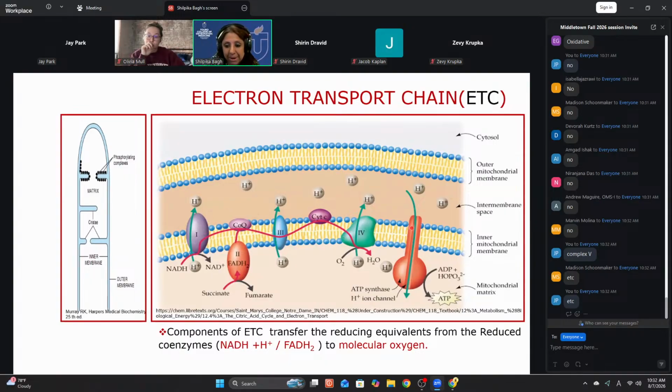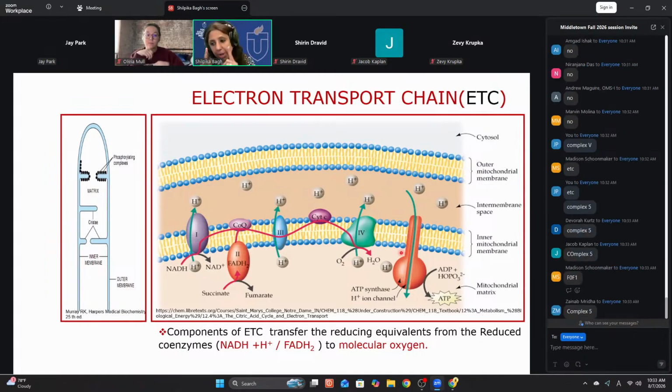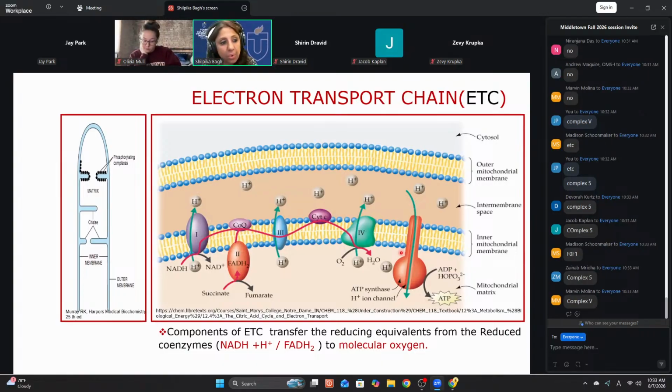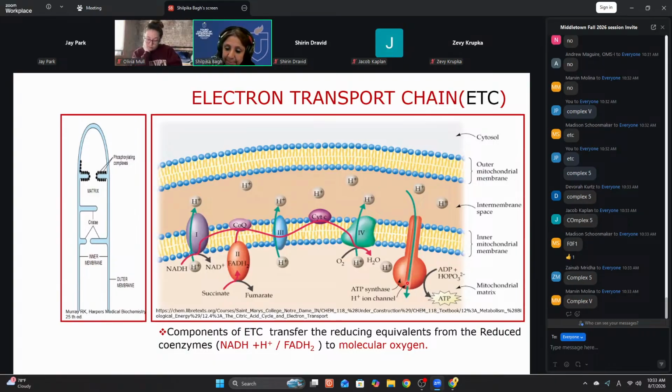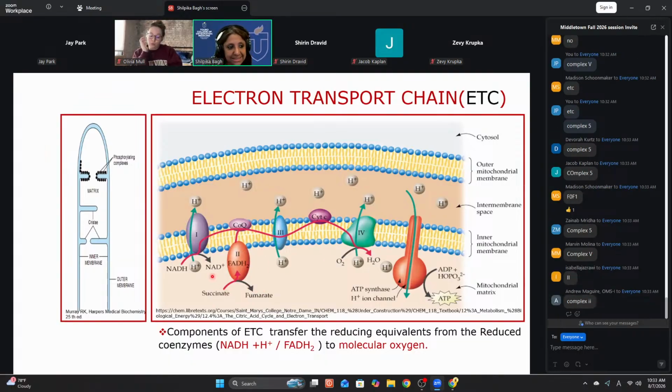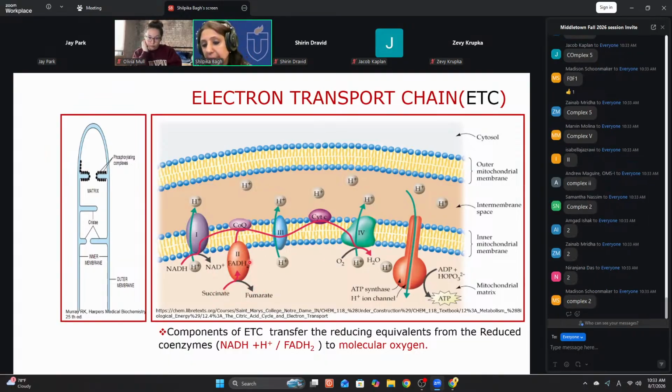Five fixed complexes. Are you seeing the ATP synthase complex? What is it also known as? ATP synthase complex is also known as F0, F1 complex, right? Who helps in synthesizing ATP? Complex 5. Where is ATP synthesized? By all complexes except 2. Why is 2 not a coupling site?